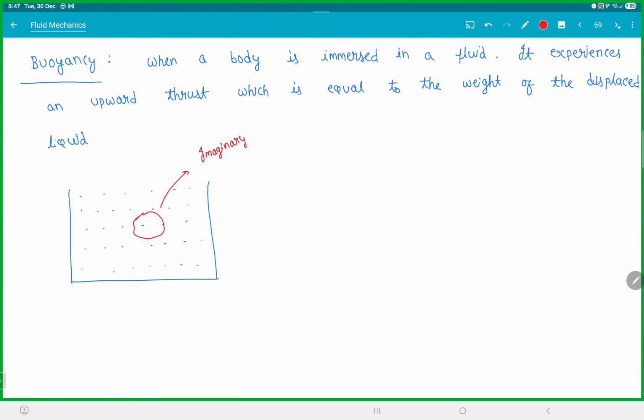Consider an imaginary closed surface. So it is your imagination. Now, in this imaginary surface, the amount of liquid will remain constant. So for every molecule that enters, one molecule will leave. So the net volume is constant. This is the argument. If I draw the FBD of this closed surface,